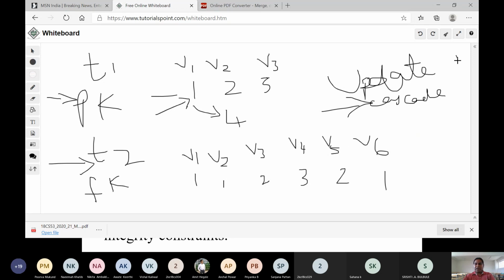If I had set update cascade in my foreign key, then if I update this primary key to 4, this 1 would automatically turn 4 because I have set the constraint as cascade for updation. If I have not set this constraint, then I cannot do this update operation to 4.